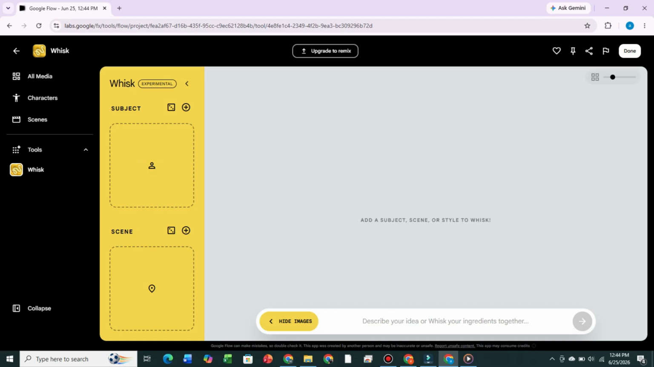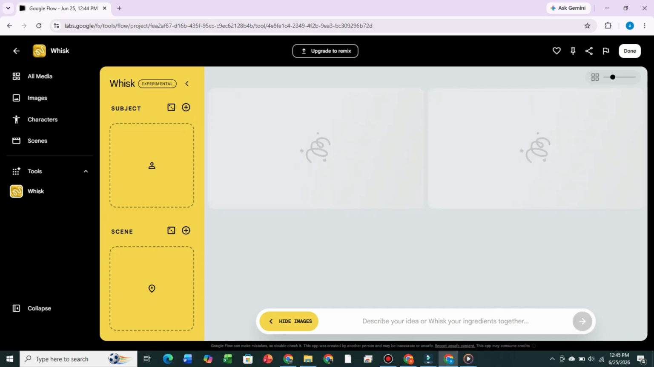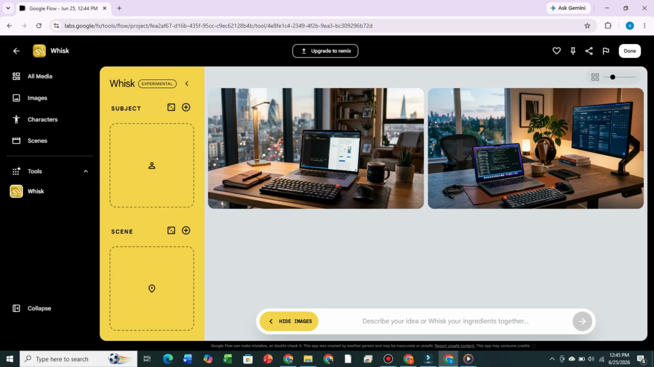Now let's quickly understand what Whisk does. Whisk is an AI image generation tool that allows you to create images using text prompts. You can use it in different ways, depending on the type of image you want to create. For example, you can enter a direct prompt describing the image you want, and Whisk will generate images based on that description. You can also use the subject field to describe the main object, character, or person you want in